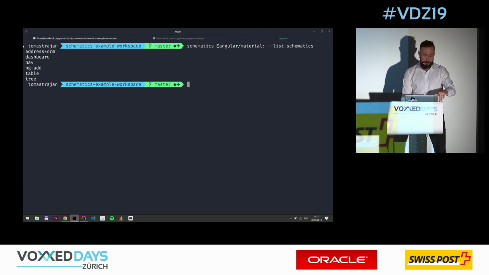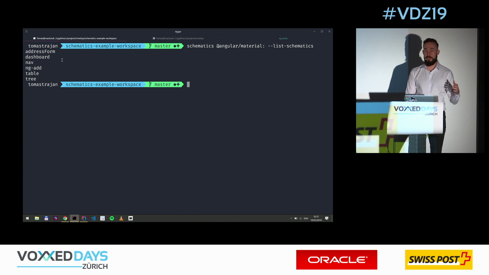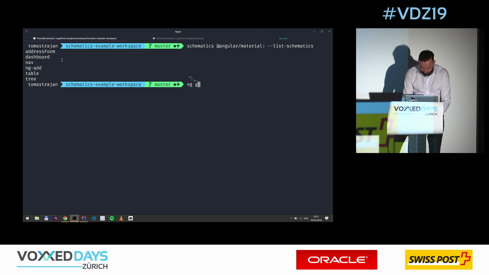So we see what we used is this ng-add just to install it, but besides that what we can generate is stuff like address form, dashboard, navigation, table, or tree. So let's say we want to add the navigation to our application because we are building this skeleton for a feature. So what we can say now is ng generate, but because it's not in the default package,